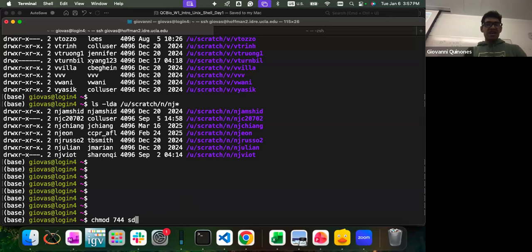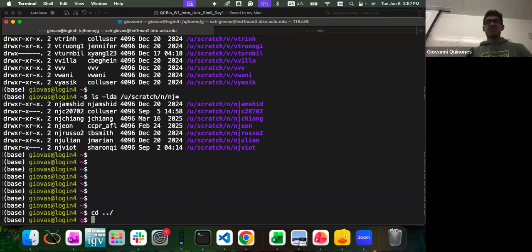So you don't have to be in the Scratch folder. You can do something like use Scratch and then your folder, like that. Oh, so if you're in the Scratch, you can do dot, so that means current folder. Or you can always go one step back and then do it with the folder name.